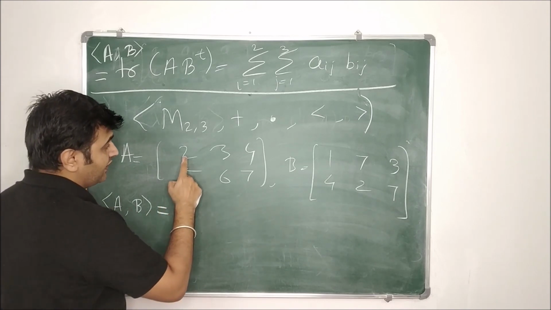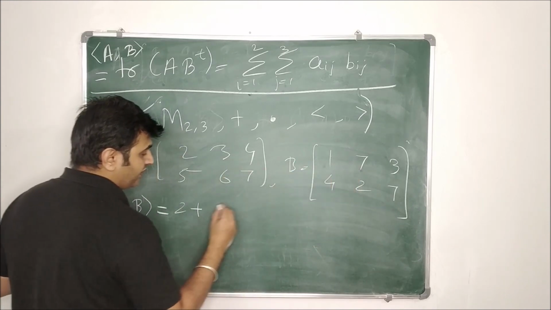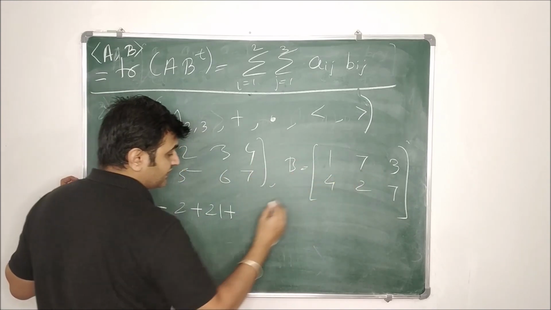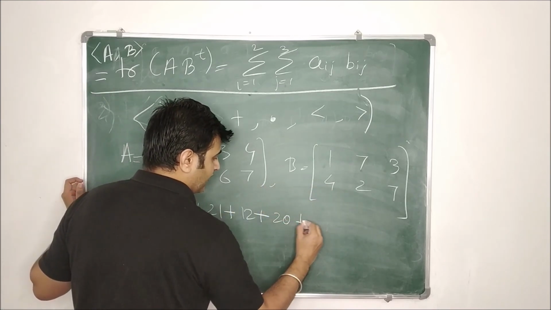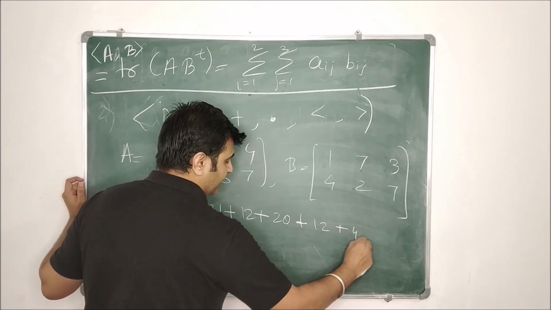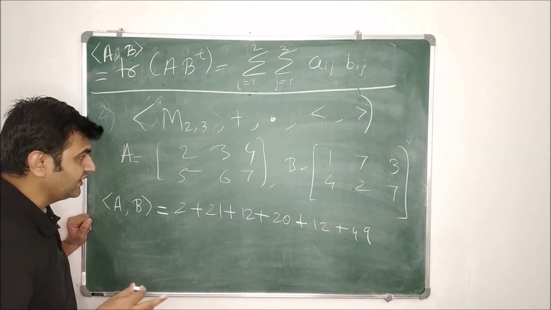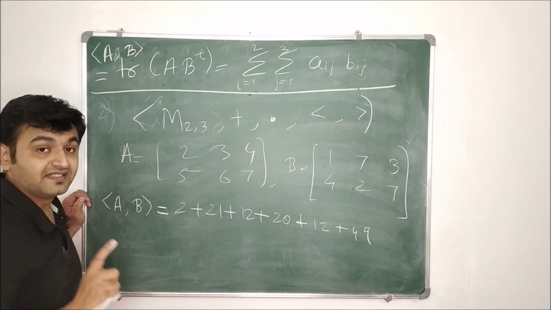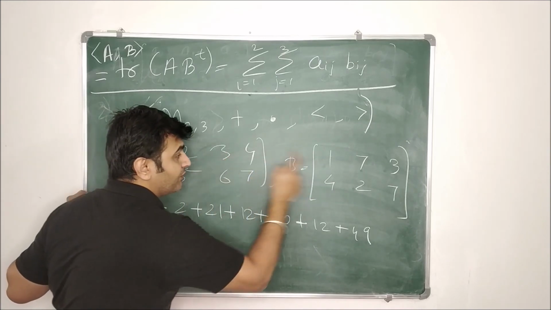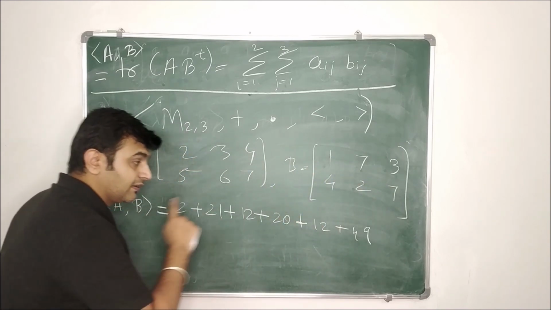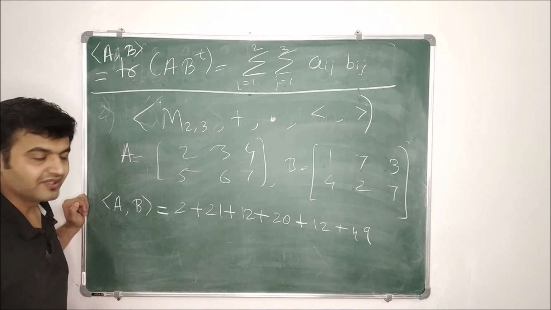What is the inner product of AB? Aij into Bij. So A11 into B11 plus A12 into B12 plus A13 into B13 plus A21 into B21, and so on, plus 6 2s are 12 plus 49. So this is what the trace is, summation Aij Bij. If you observe carefully, I am simply doing the dot product component wise. Many times this is called the dot product for matrices. You are simply doing the component wise multiplication, and this component wise multiplication is nothing but the trace of A into B transpose. Okay, so that's a good observation.